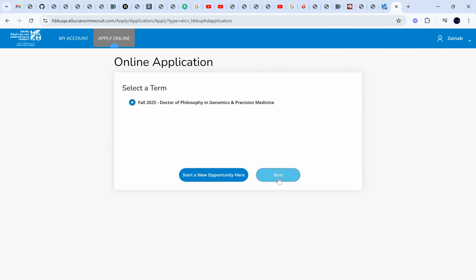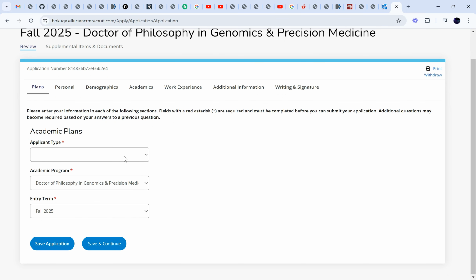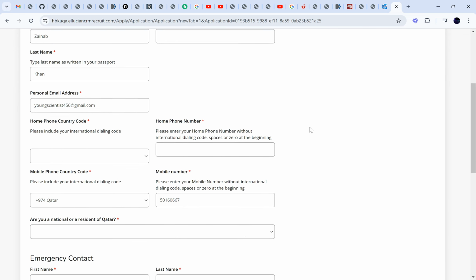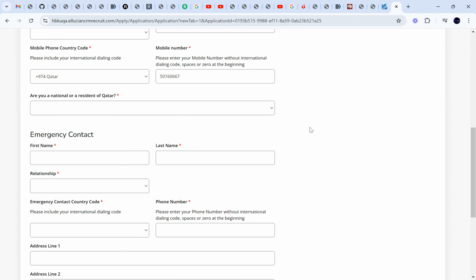So then you can select any program. I am selecting PhD in genomics and precision medicine. Then you can select applicant type, like I am an international student, then save and continue. Then here you can write about all your personal information. After writing your personal information, you can